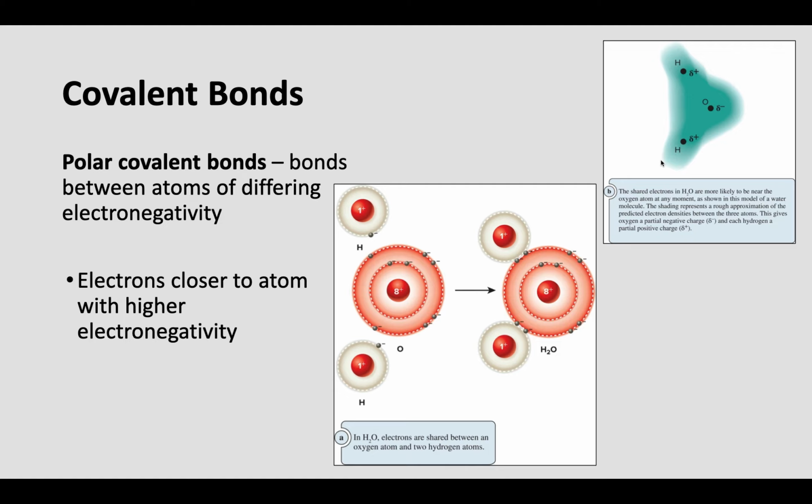The opposite is true for hydrogen. It's essentially giving up its electron. It's not totally giving up, it's sharing the electron, but the electron's closer to that oxygen. So the oxygen could spare to gain that electron a little bit closer to it, hence the positive here. So the hydrogen has a partially positive charge. So we've created a polar molecule. It has different charges on different ends of the molecule.